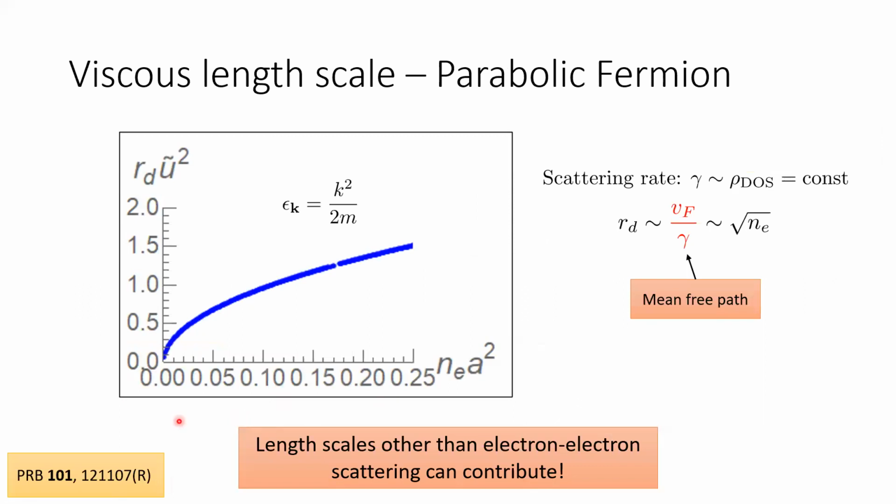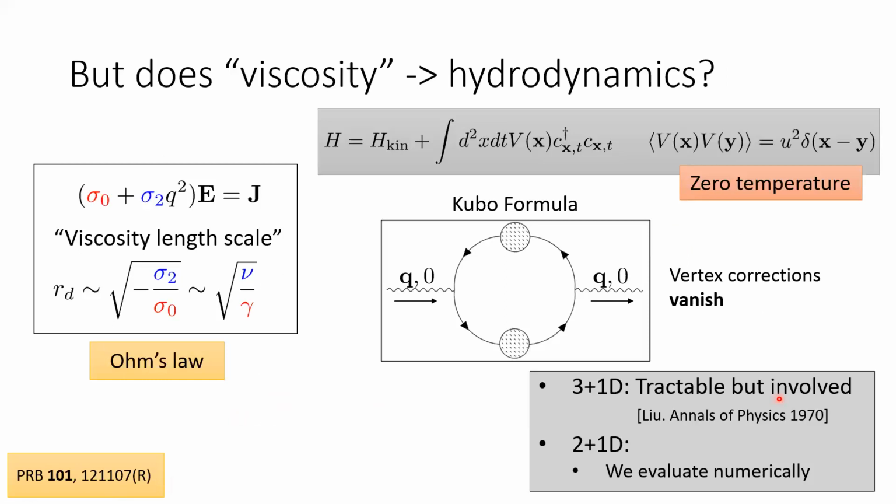So this is the result that you get. Yeah. Can I also ask a quick question? So you're writing that vertex corrections are vanishing. Is like, I mean, they usually don't, right? Yeah, that's right. And sorry, could you clarify the statement that it hasn't been done?